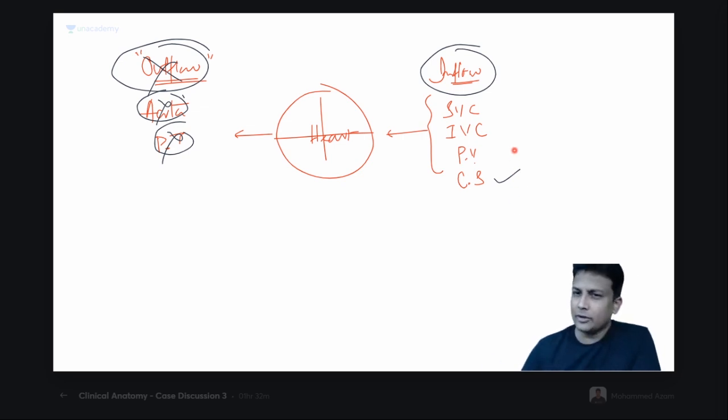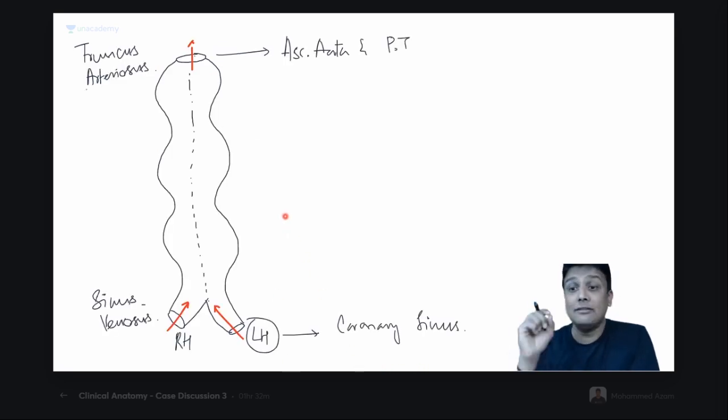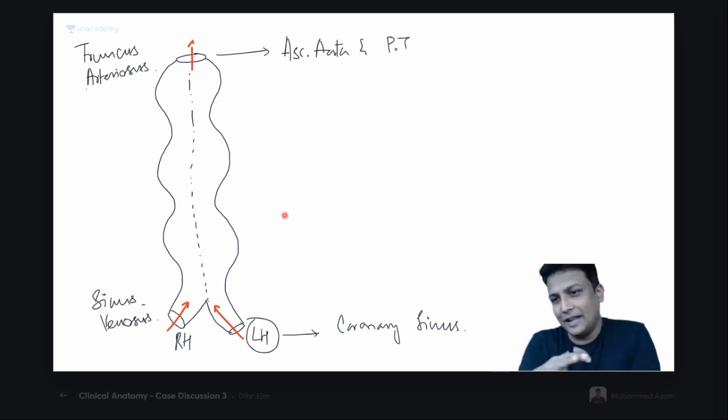And don't worry about the superior vena cava, inferior vena cava here. Why? Because our topic here is actually development of the heart. But remember, my dear friends, vena cava belongs to the venous system, and that we'll study in a separate class, development of the venous system. So don't take any tension about where the superior vena cava and inferior vena cava are derived from. That comes under development of the venous system. Is it okay?